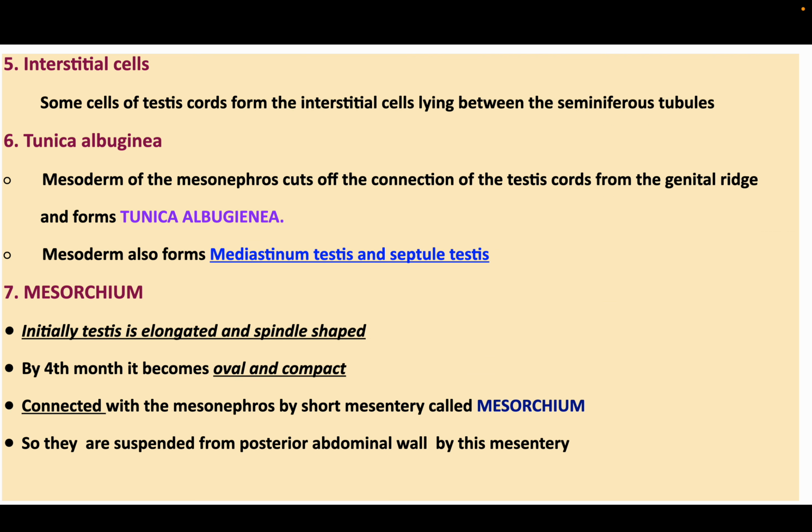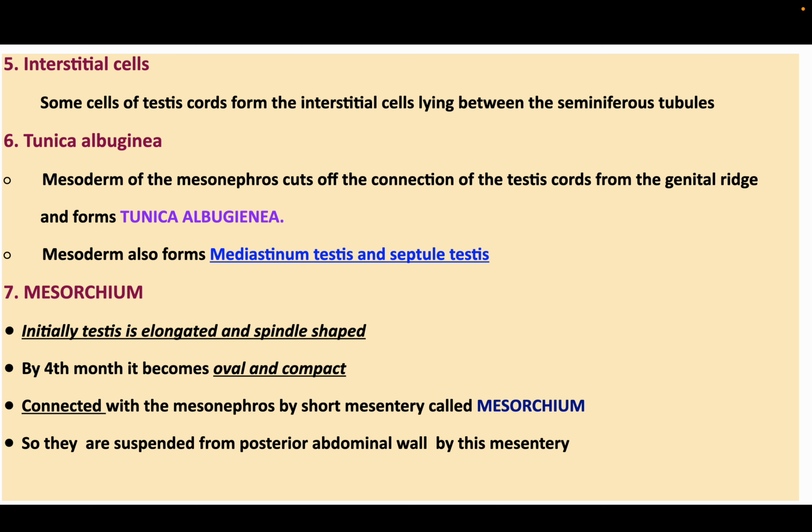Next is the appearance of the interstitial cells of Leydig. Some cells of the testis cord form the interstitial cells lying between the seminiferous tubules. Then next is the tunica albuginea. The mesoderm of the mesonephros cuts off the connection of the testis cords from the genital ridge, because the genital ridge is basically the proliferation